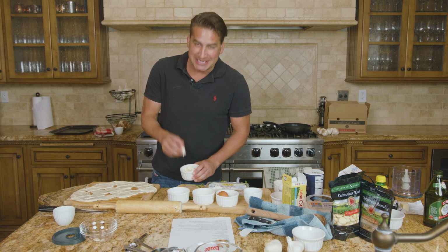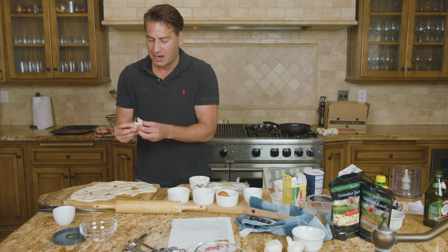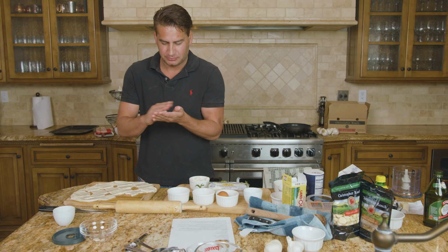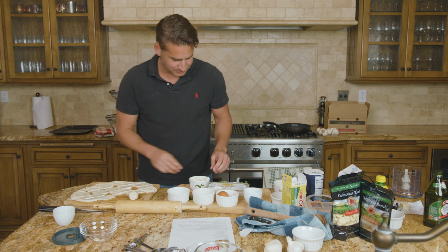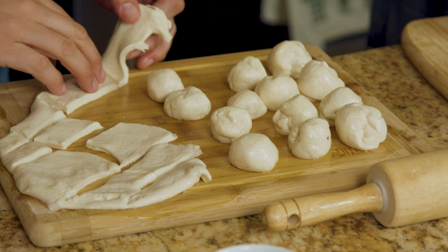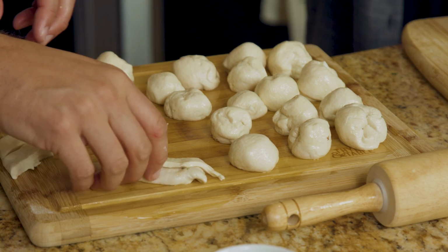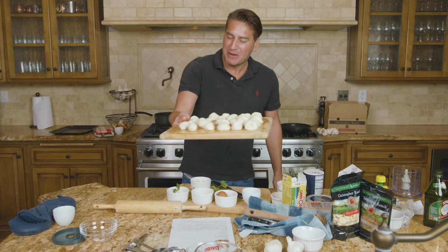Okay, so let's go ahead and turn our attention to our mozzarella cheese. We're gonna go ahead and take each one of our cubes of mozzarella cheese, put it into one of our squares, and we are gonna make a small ball. Just like so. Now that we've placed our 23 cubes of mozzarella cheese into our 23 pieces of dough, we're gonna go ahead